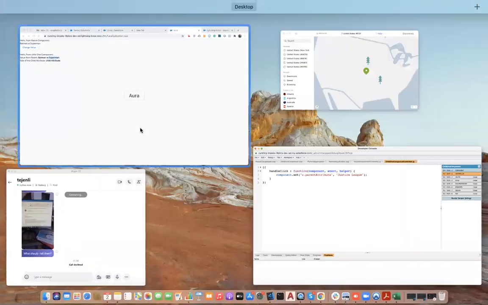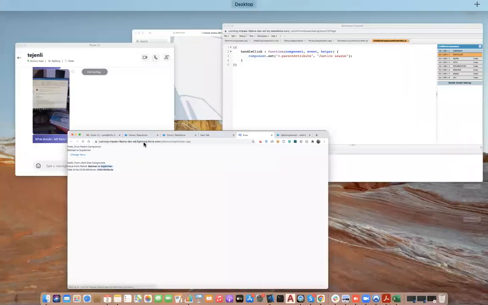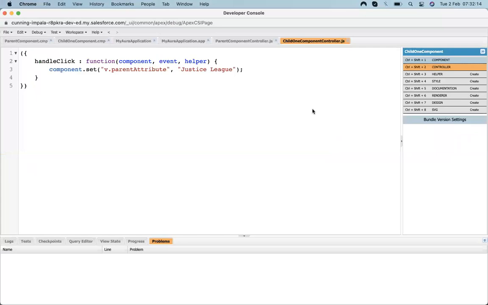Now refresh it. Now once I click it here, it's populating Batman versus Superman, and it's also changing the value inside the child. Suppose I change it here, you can see that I change the value of the child, but the parent also gets reflected.